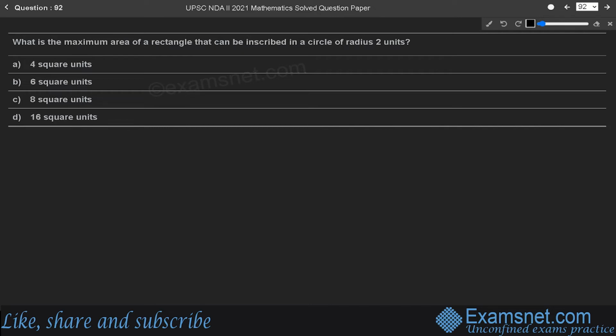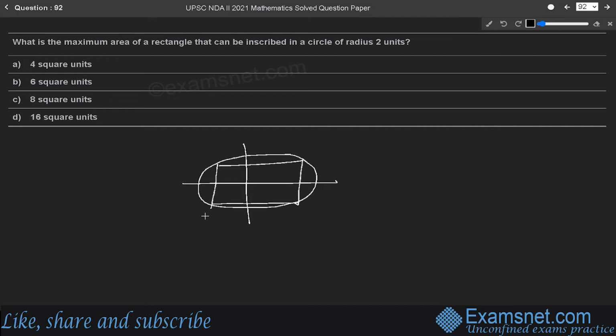The concept is, if there is an ellipse and inside the ellipse there is a rectangle and the sides of it are A and B, then in this case, for this particular ellipse, the area of rectangle